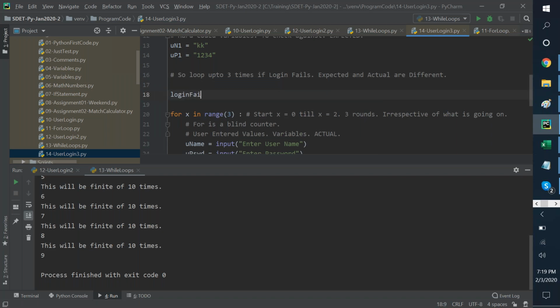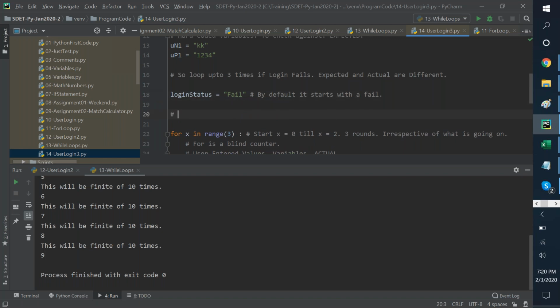So I will put login status to begin with as, let's assume, fail, team, okay? And so this is by default, it starts with a fail.